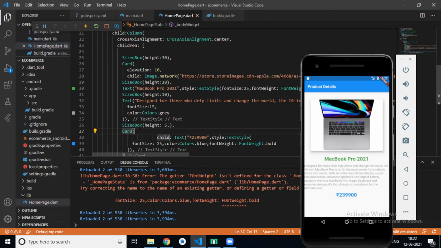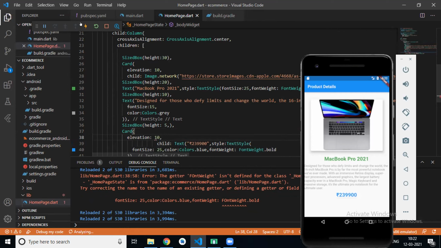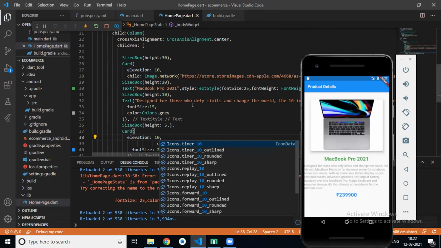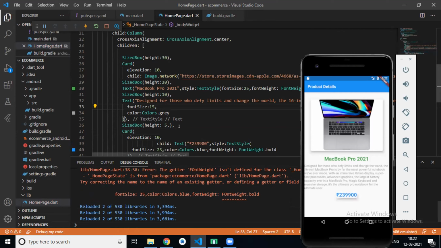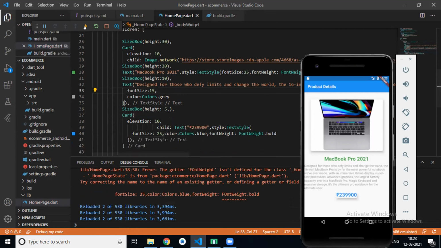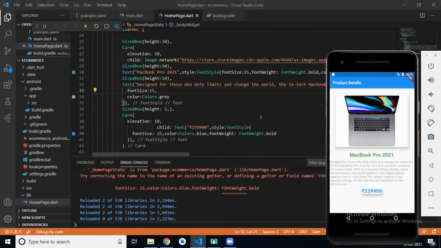Okay, you can give elevation 10. Okay, elevation is working. Clear?